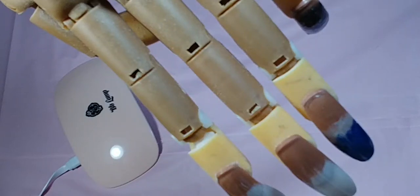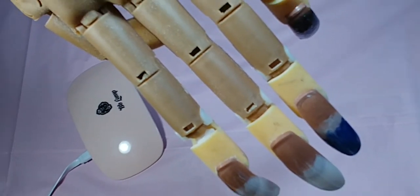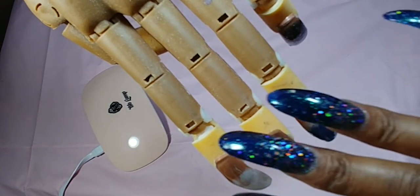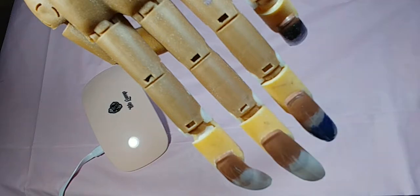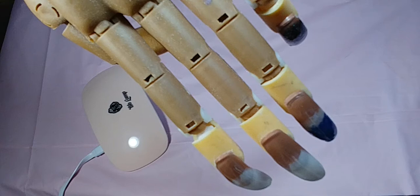Hi there. I'm back again with a quick video because someone asked me to show what I used to get these nails that I have right here. And as you can see, I have my little hand right there. But the polishes that I used were,